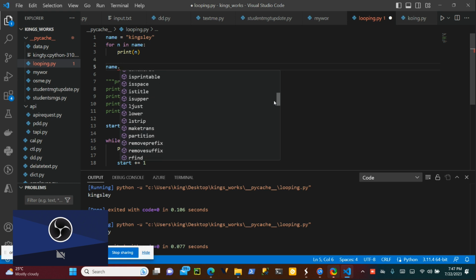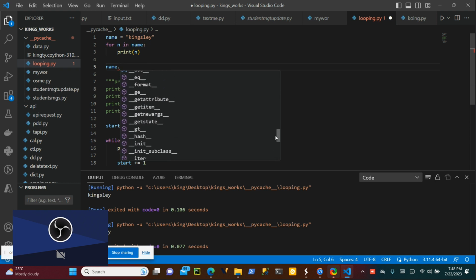Then you can see the lower we just did, and lstrip; there are a lot of them here. We use title to change everything to title case like this. Upper is what we just went through. So there's title. I believe you understand.